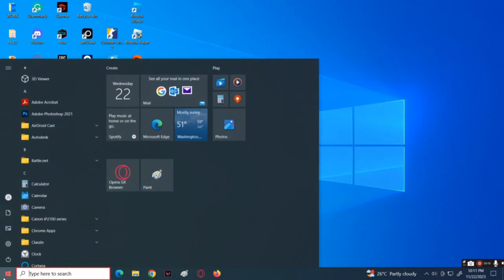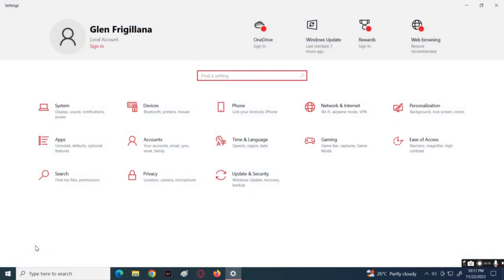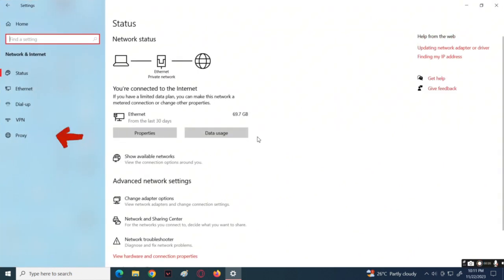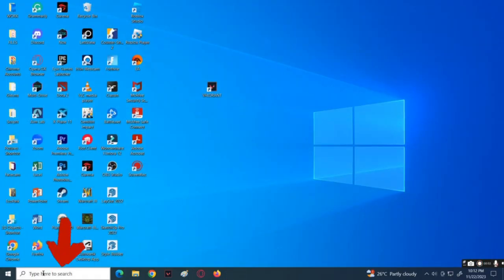To start this tutorial, open Settings app on your computer. In the settings, open Network and Internet. Then go to Proxy. Turn on the button on the Automatically Detect settings, and after that, close the app and click on the search